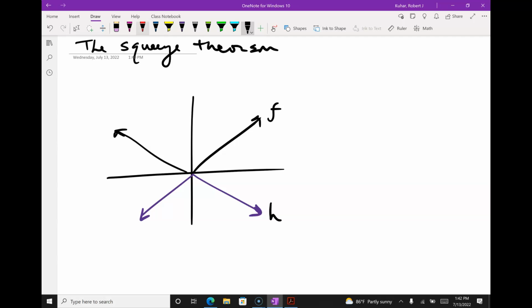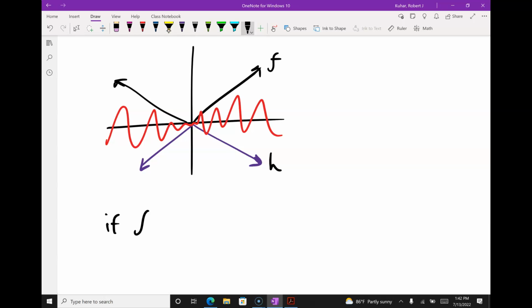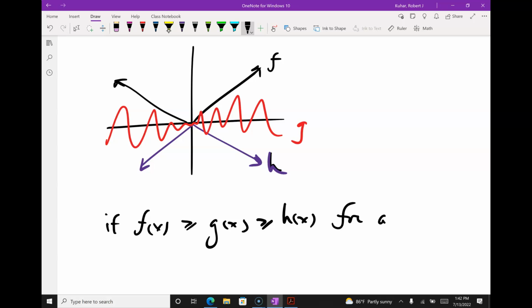And then a third function that's bounded between them. So if f of x is greater than or equal to g of x, which is greater than or equal to h of x for all x,